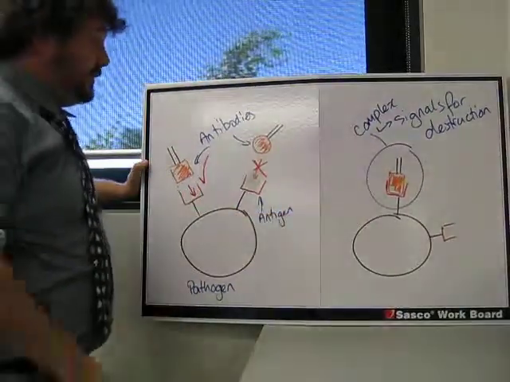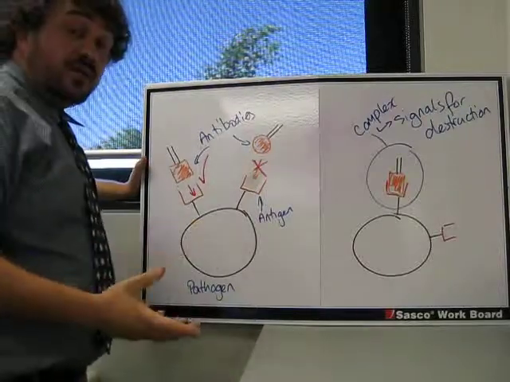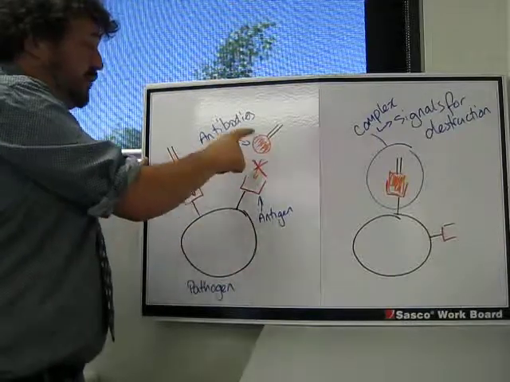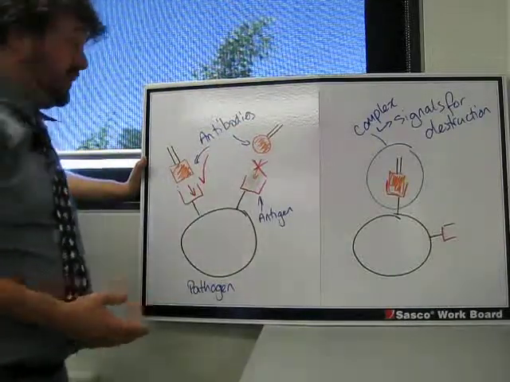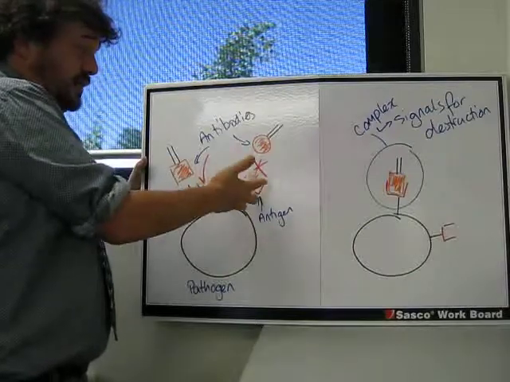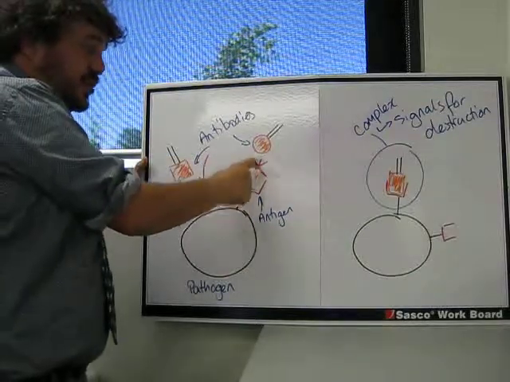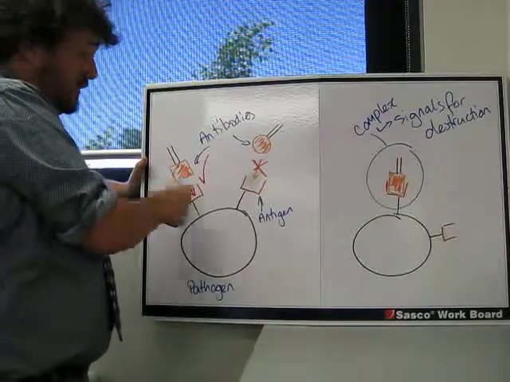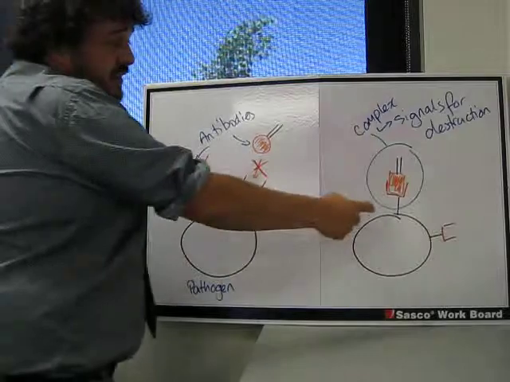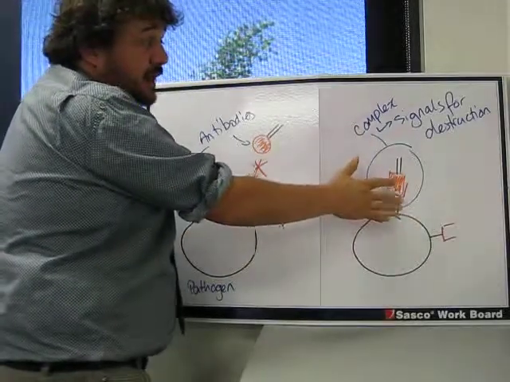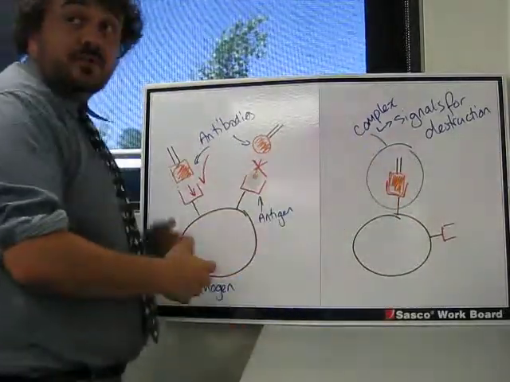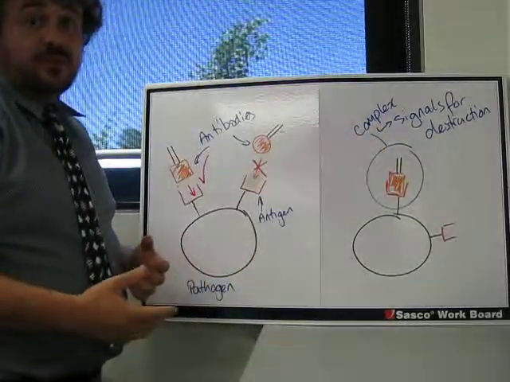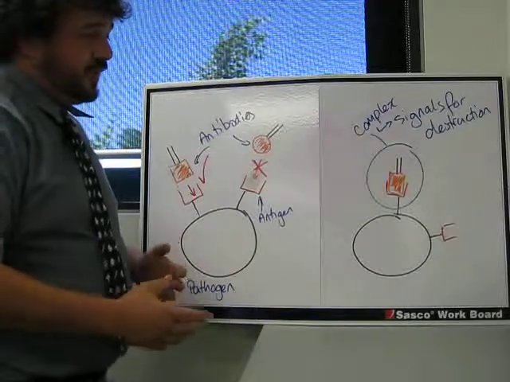Alright, so how that looks. It looks like this. We said it's specific. So here's the antigen on the outside of a pathogen. These are antibodies that already exist in nature. Here, it won't bind, it doesn't fit, because it's got that specific shape, but here it does. Because this antibody has joined up with that antigen in this lock and key mechanism, this forms a complex, so multiple things stuck together, and it signals for destruction through antibodies and macrophages.